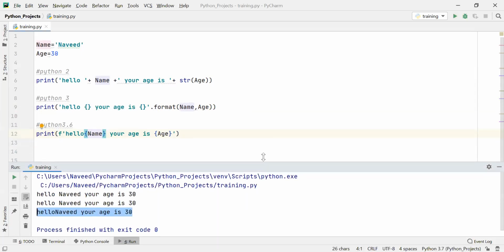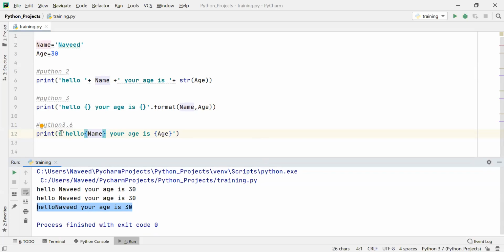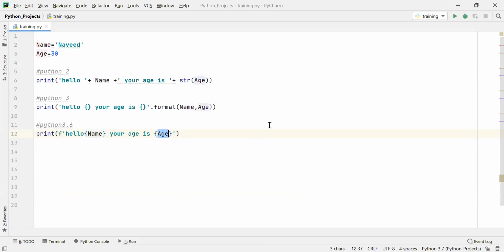This is something which we call a format string, F. We are formatting our string. So directly inside the curly brackets, we can pass the variable names, which we cannot do before 3.6. So the format function came into existence from Python 3, and then from minor version 3.6 onward, we can use the F instead of using this format. Also, we can directly add and subtract; we can do operations inside as well.